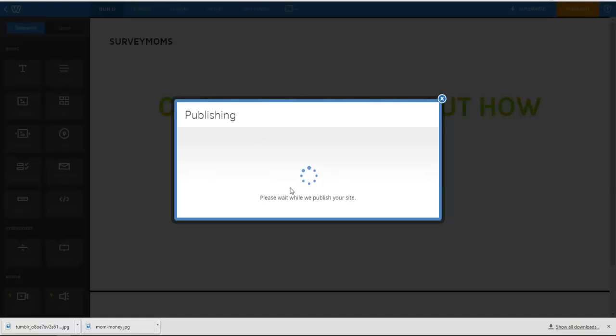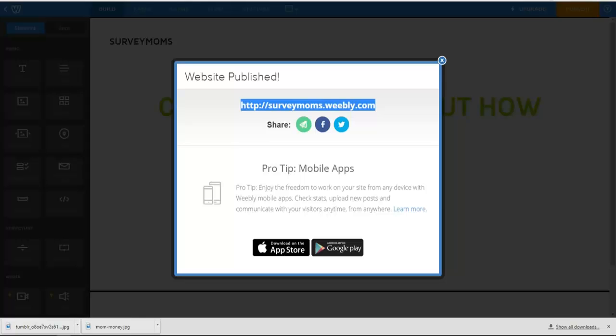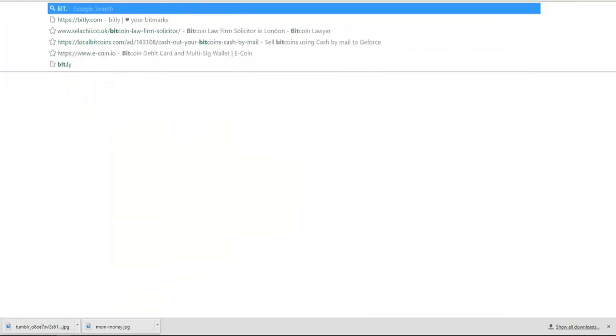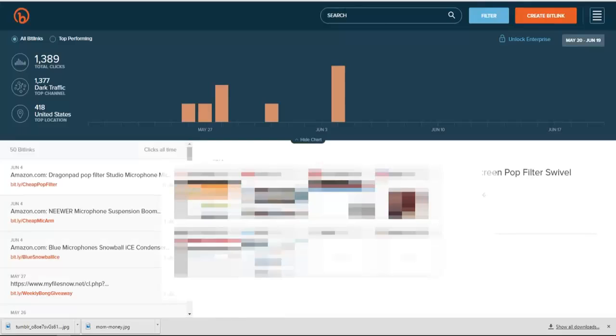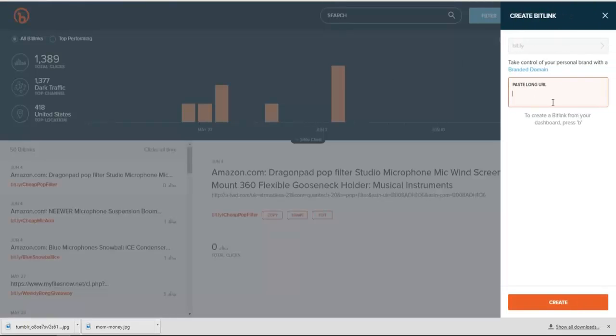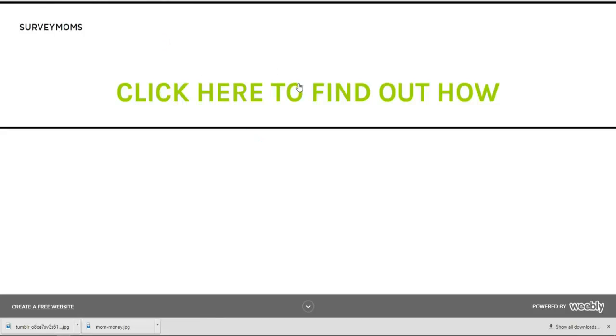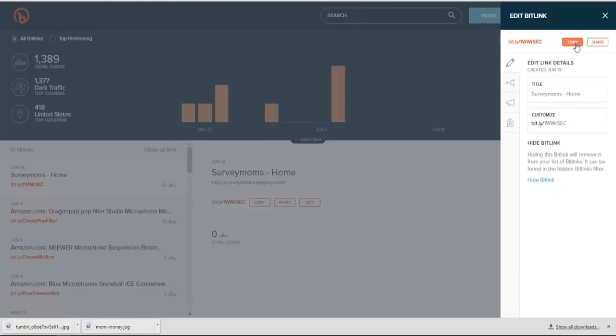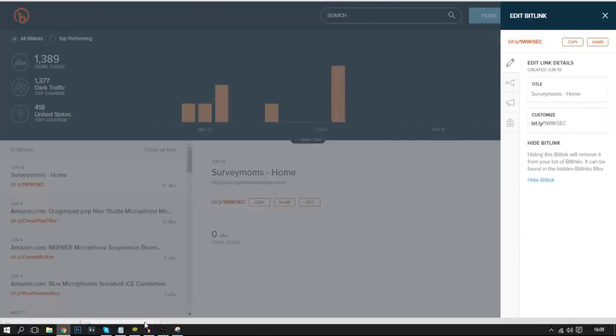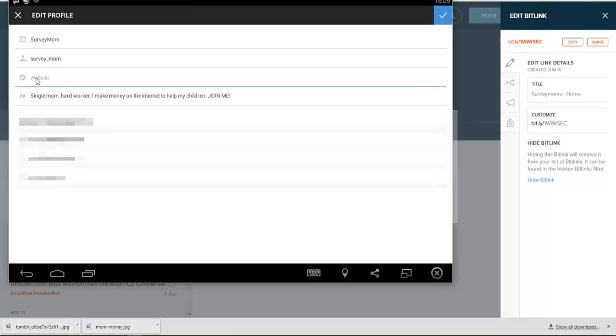Now once you have this URL here, you can then go ahead and go to something like bit.ly. Once you have the URL from your Weebly account, you can then go and paste it into bit.ly or any URL shortening service here. Copy it, and then once someone clicks on this bit.ly link, it's going to take us to our website here, and then they're going to be able to click here to find out now. So copy the bit.ly link here, go back to your Instagram, and then you want to paste the bit.ly link into the website, click the tick,